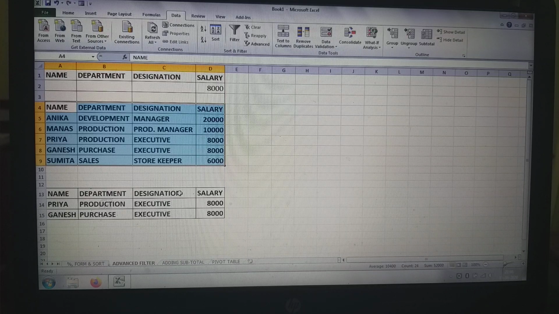So the data will be filtered according to the specified condition. Here the specified condition is whose salary equals 8,000, and the data will be copied in the new place.